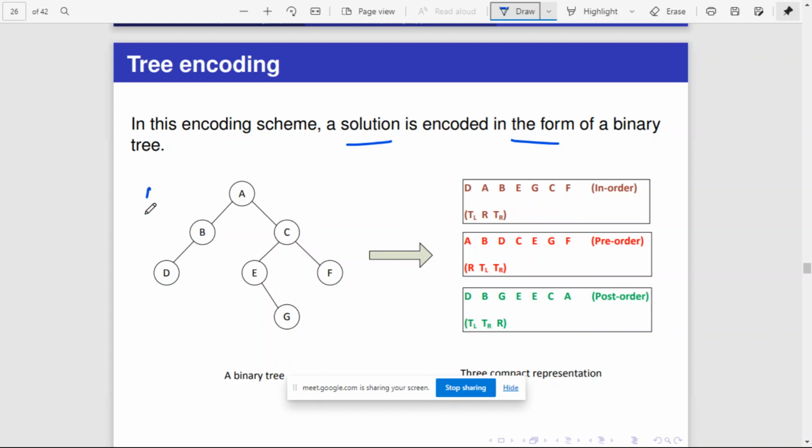So this is how we represent a binary tree pictorially. But how can we represent it in a program? There are several ways to represent a binary tree. This binary tree can be represented using in-order traversal, pre-order traversal, or post-order traversal. If you have already learned a data structures course, you may be familiar with this. In-order traversal means,